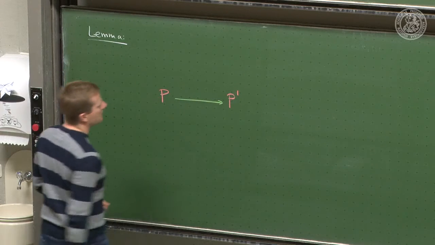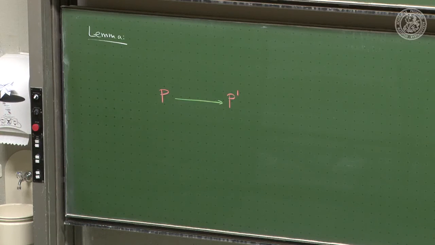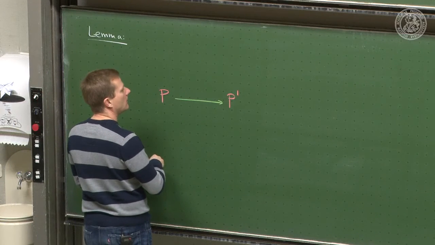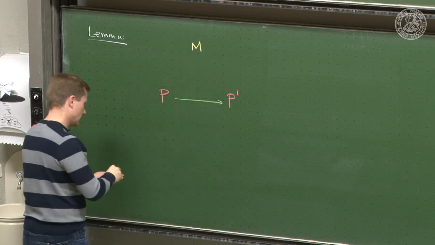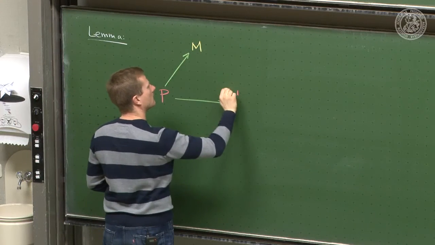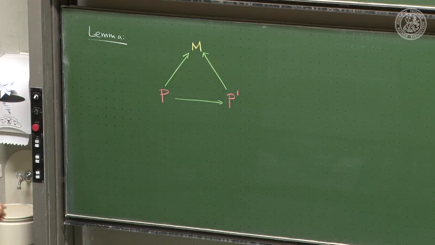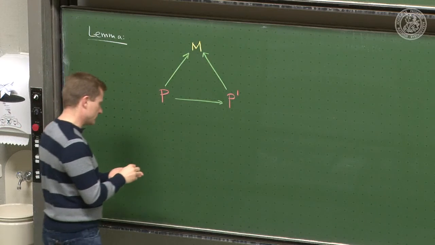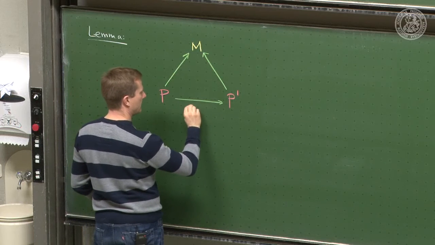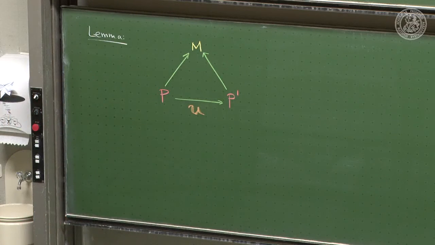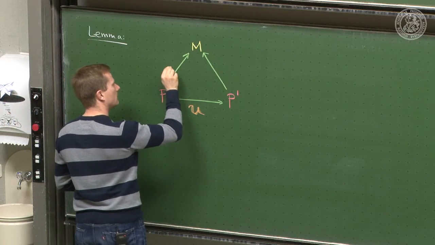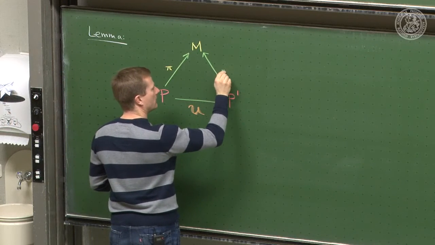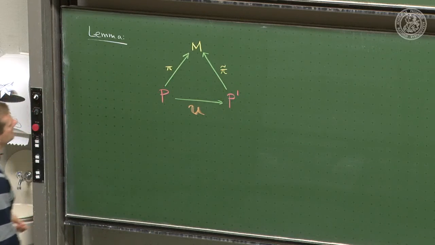So we consider again two principal bundles, and we have them over the same base manifold, M. Okay? So in the sense that this diagram is supposed to commute, then we have a map U between these two. And we have a pi that goes here, and we got a pi twiddle that goes there. And the claim is